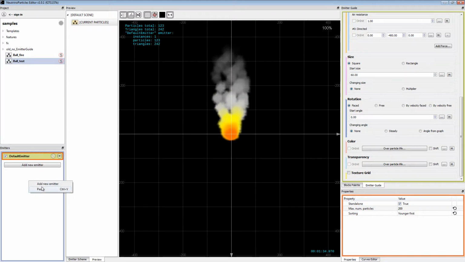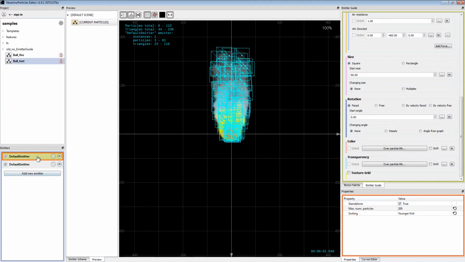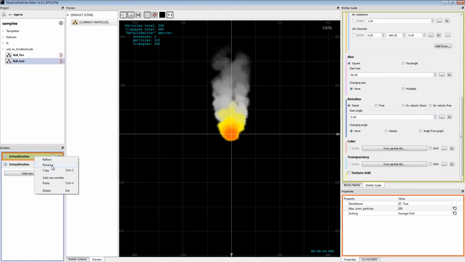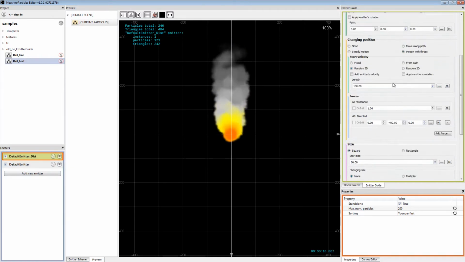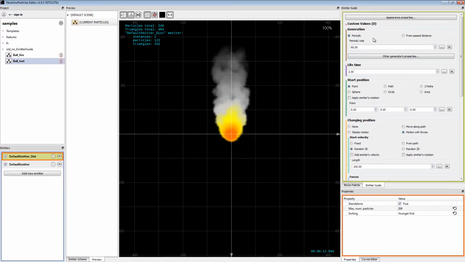Copy, paste. I'll rename it to default emitter dist, and this emitter will generate particles only when the emitter is moving. I'll change generation from periodic to from path distance, and each 5 pixels will be too much. I'll make generation each 10 pixels, and